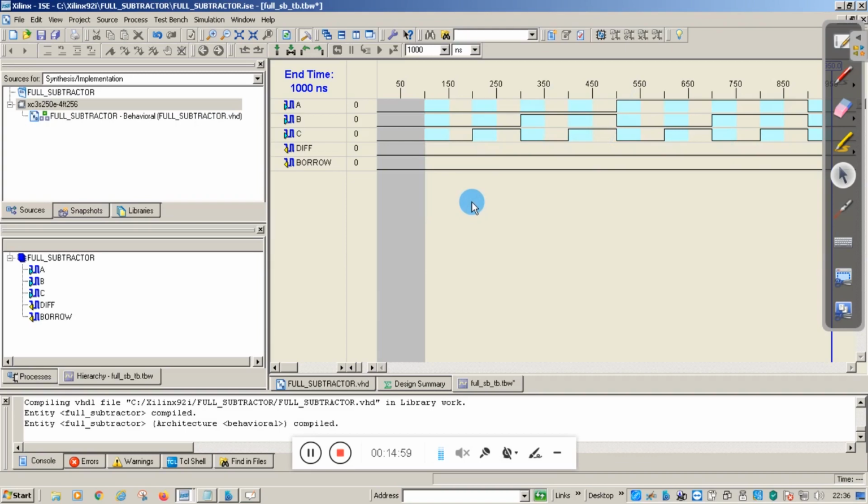So now we will test our code. For that you have to change the option on the left hand side to behavioral simulation and go to process.